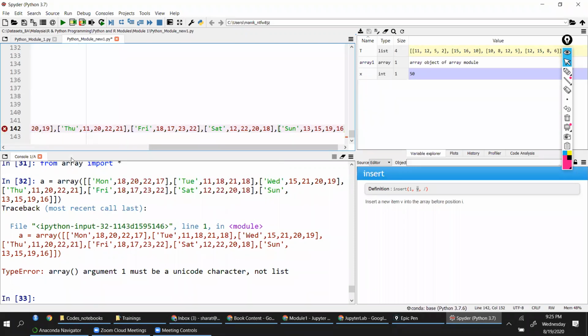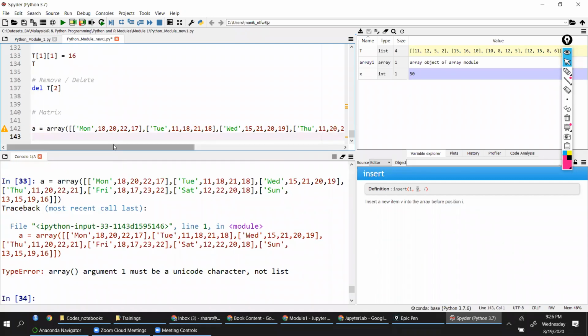Okay, this is also okay, fine. Where is the error coming up?